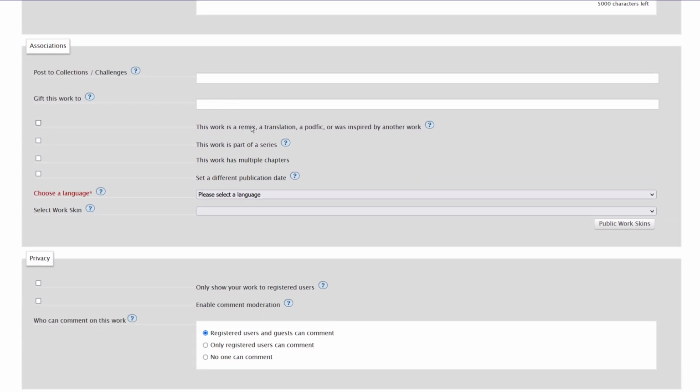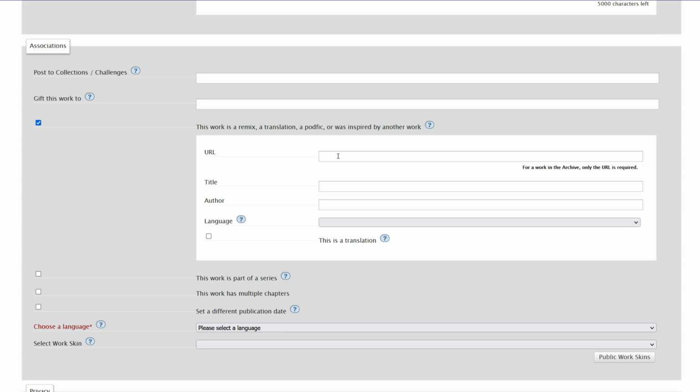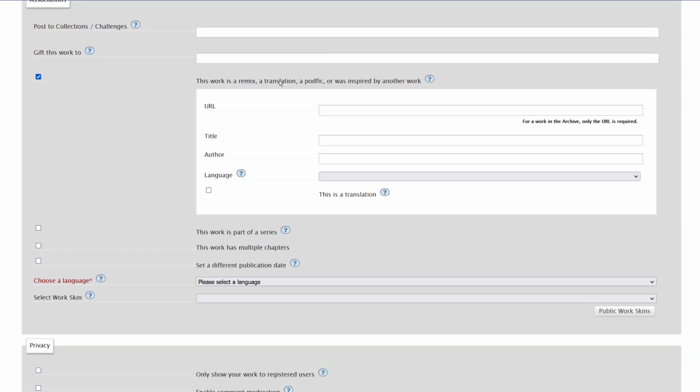Next, we have "This work is a remix, a translation, a podfic, or was inspired by another work." If you do this, you can paste a URL of another fic. This is for when the story you are writing was inspired by something else. For example, if you're translating someone's work, you should paste their fic link here, and then at the bottom of your fic,